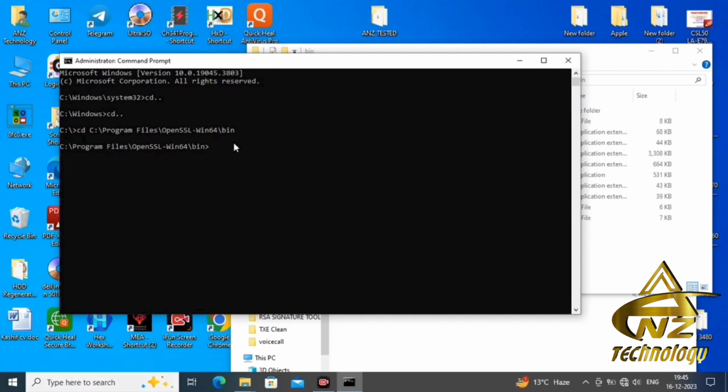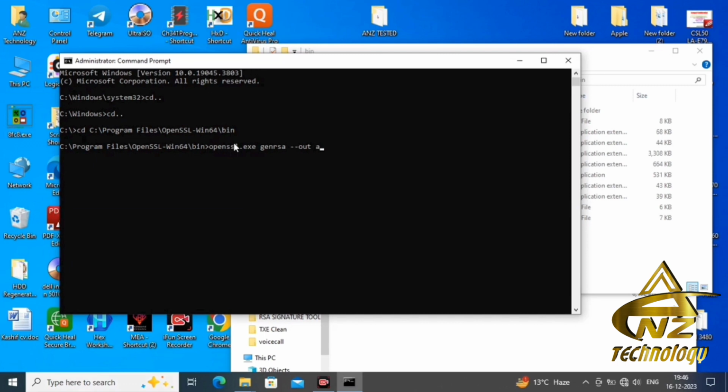Here we will give a command, that is openssl.exe space genrsa space -out. So we are going to generate an RSA file which we will use later in the cleaning of TXT. Here we have to give the file name. You can give any name.